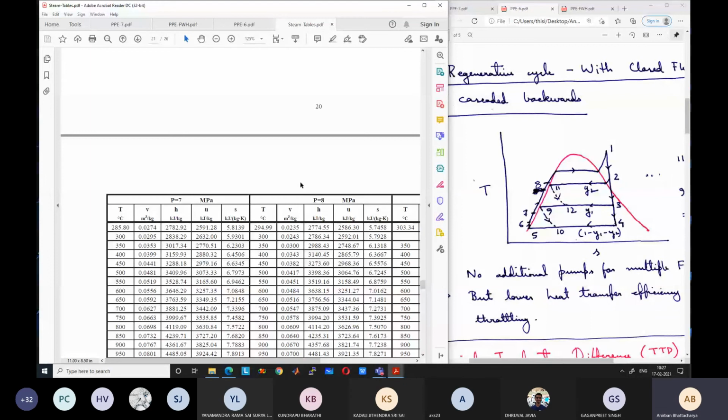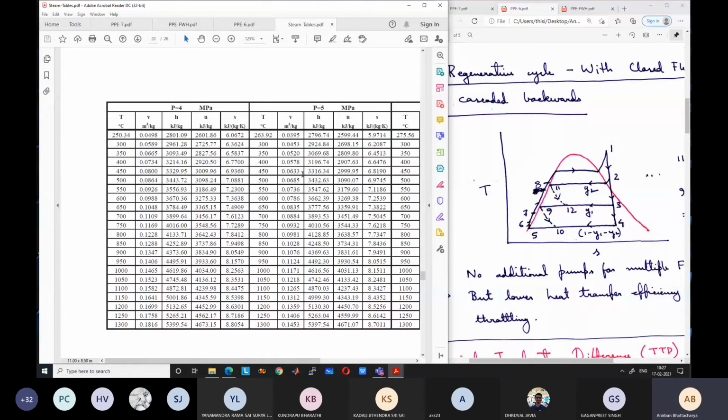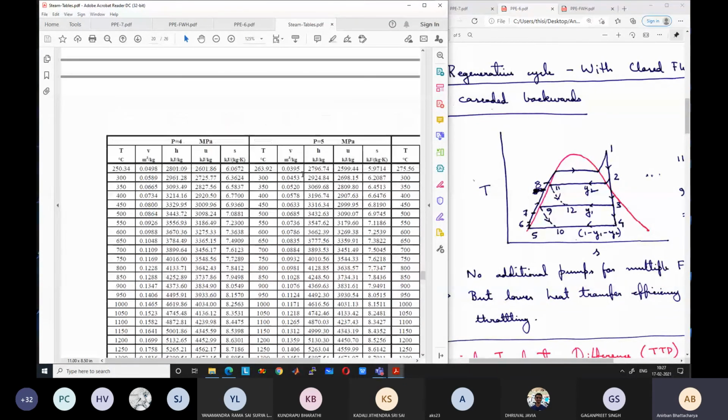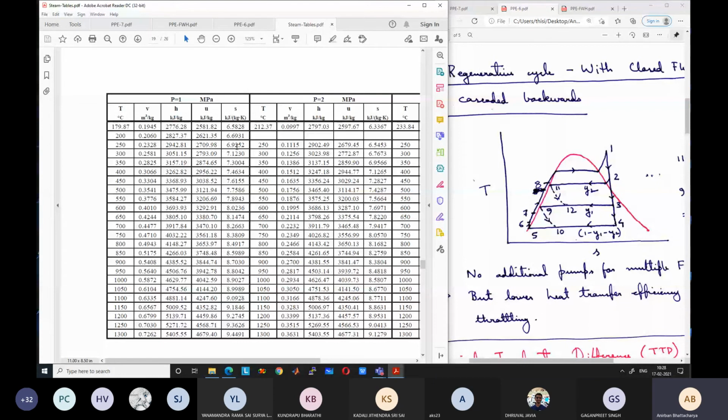So between these 2 points, you have to interpolate to find out the enthalpy. Use linear interpolation between 6.92 and 6.69 to find out the enthalpy and the temperature also. You should try this type of problems. So once we find state 2,